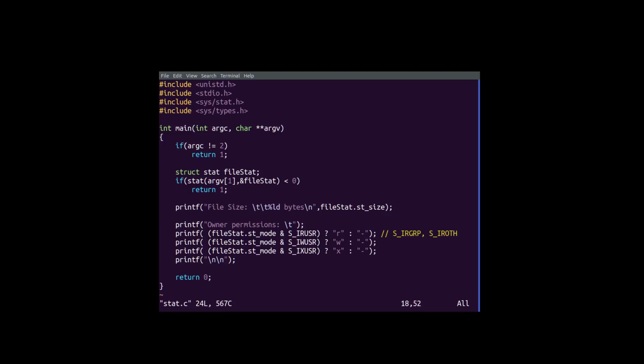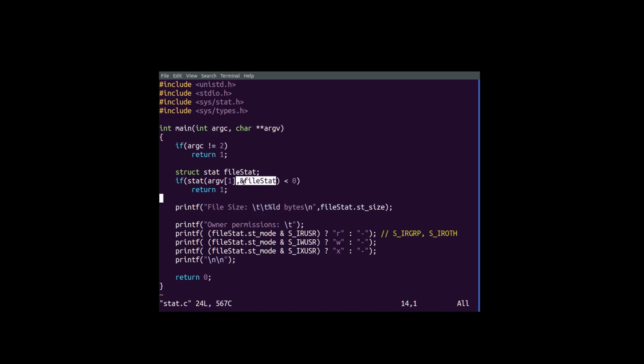Okay, so this is an example for using the stat function. As I said before, we need a struct stat, and we need that one. Okay, so this is extra. And then after that, I'm going to pass the first argument of the stat. I'm going to give it as a first argument the binary file, and after that,